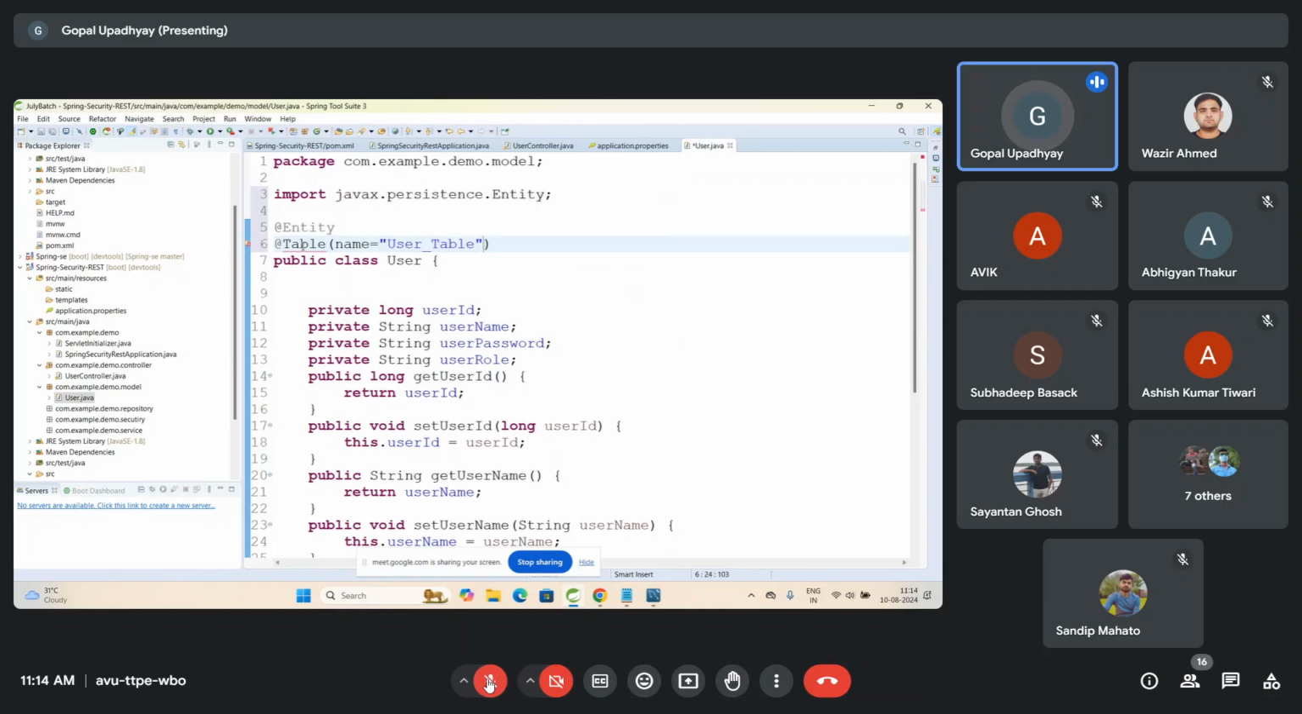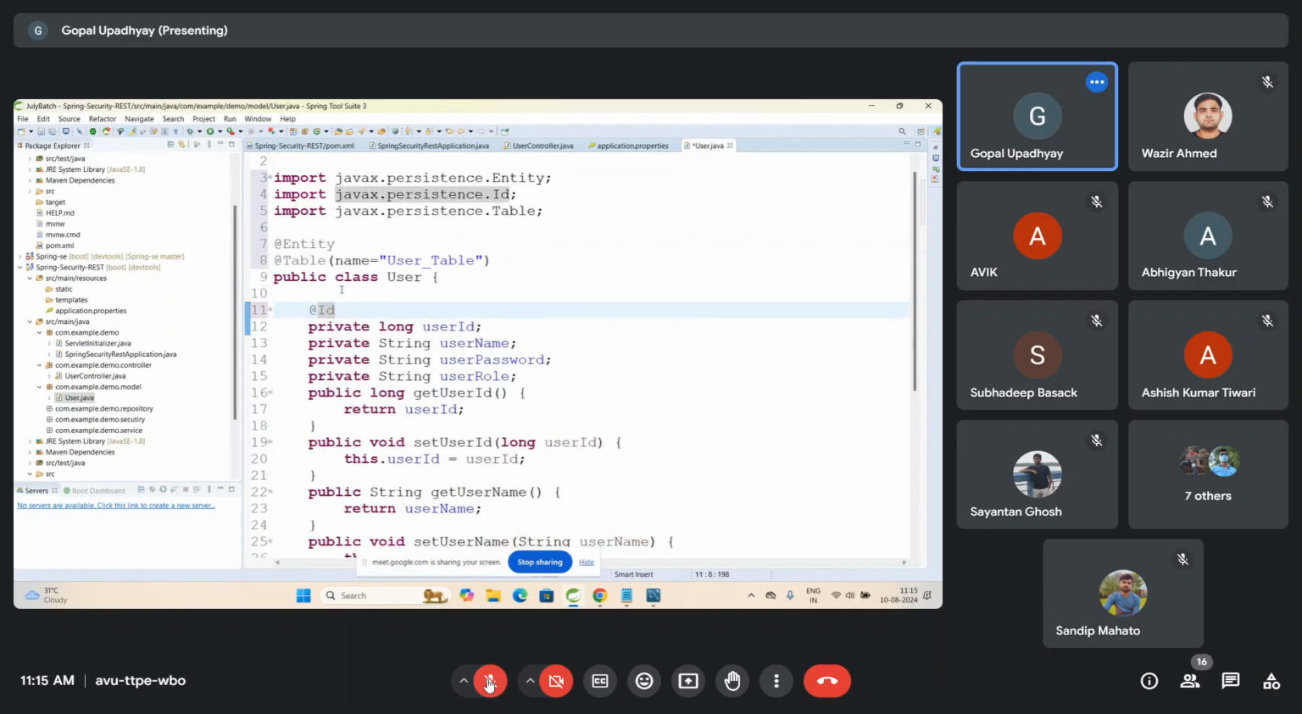Okay, @Table I'm going to import from the Java Persistence package. This is my @Id. Okay, so this is what I did over here. Okay, now in this part,